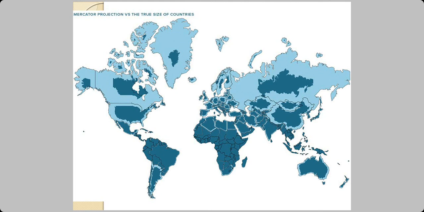There are three problems when you represent a curved surface onto a plane surface. First thing is, you are not able to show the correct direction. The north doesn't remain really the north all the time. The second thing is, you are not able to represent the correct distance from one point to another point. They get distorted. And thirdly, the surface area gets distorted. So these three problems are there in any kind of projection you use.